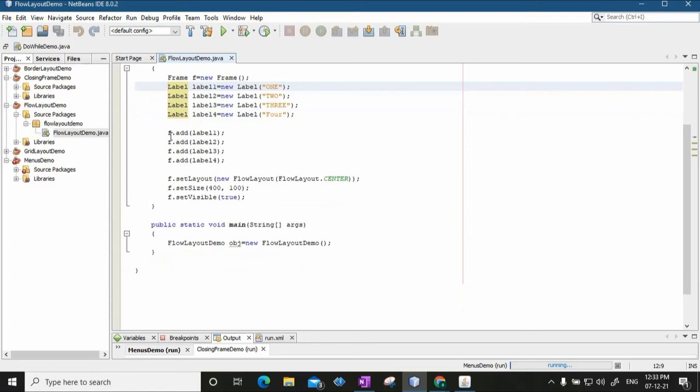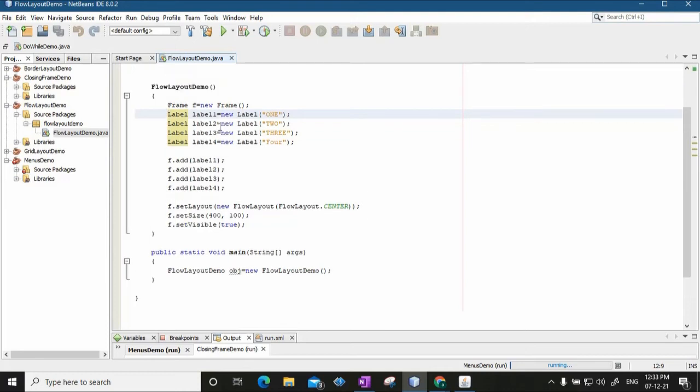Next, using the add method of the frame, I will say f.add(label1), f.add(label2), label 3, label 4. Now it is worthwhile to note that as I am going to add these labels onto the frame, there has to be some layout to be followed, right?